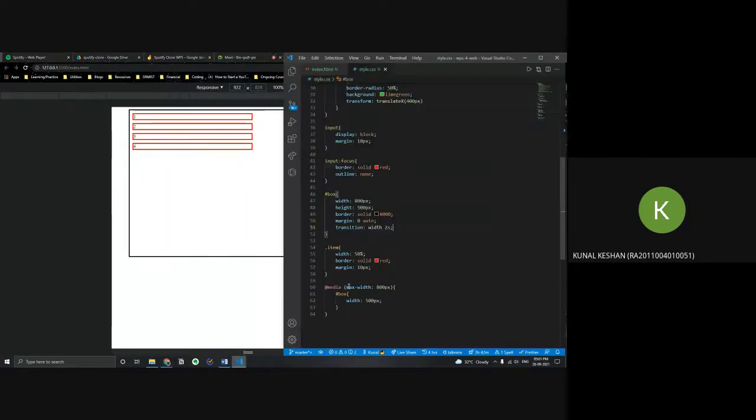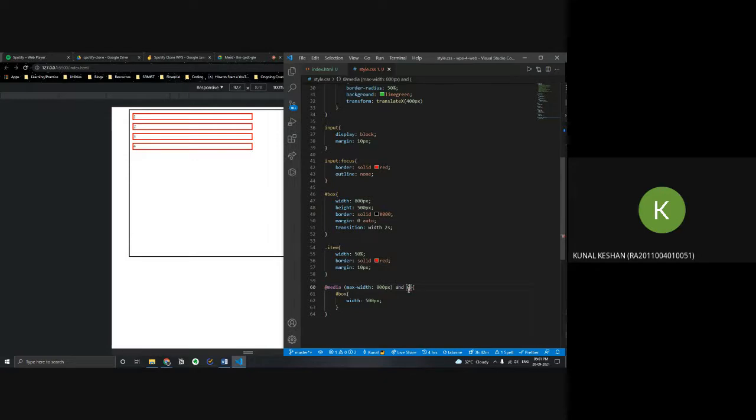This is what I mean. We are not really limited to screen sizes. You can even specify at which orientation the screen is, and we are using logical operators over here.